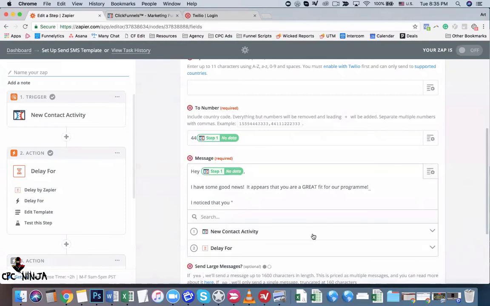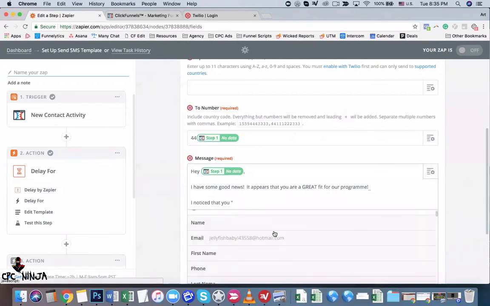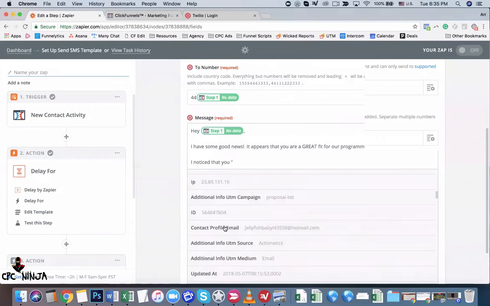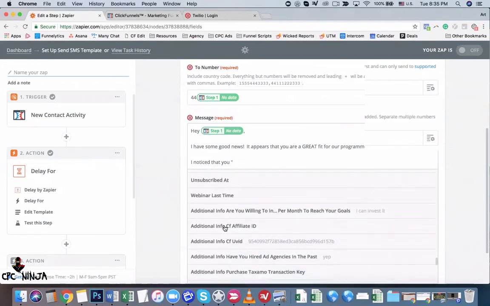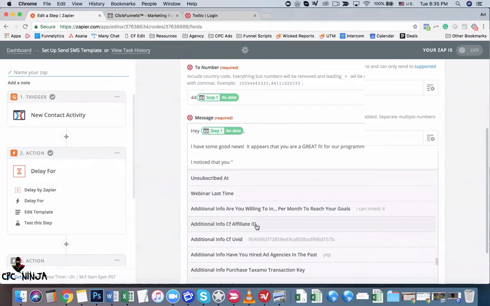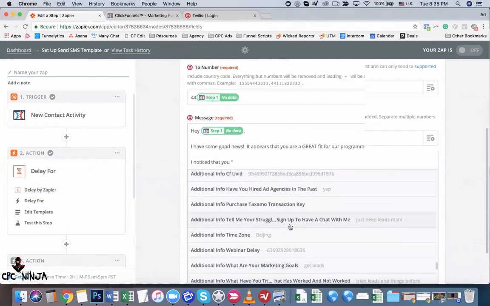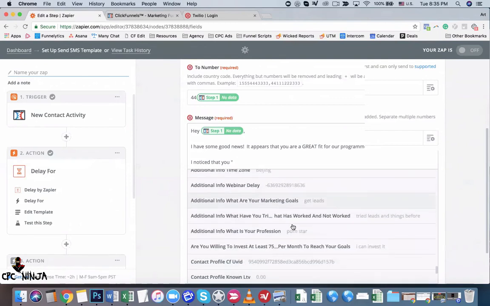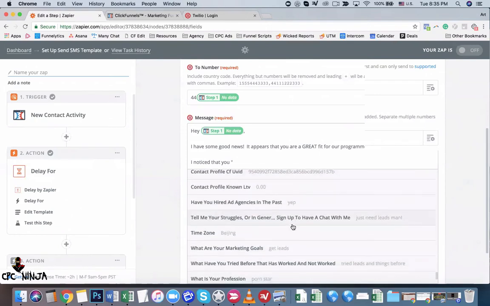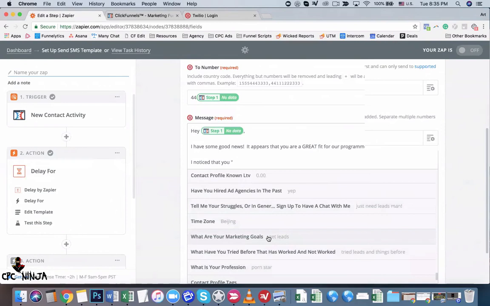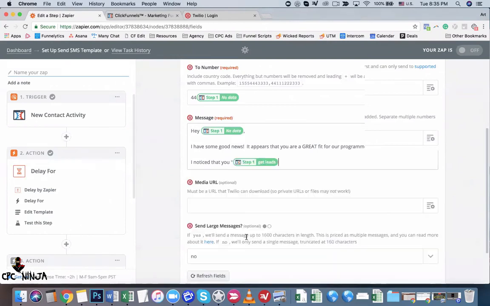I'm going to click this plus sign. I'm going to go down here to where they filled out my application, where the goals are. You see this goals? Where's it at? This is my application, I don't really have goals. Where are goals at? Here it is, right here. It asks them what their marketing goals are. So I noticed, see this? What are your marketing goals? They click that. I noticed that